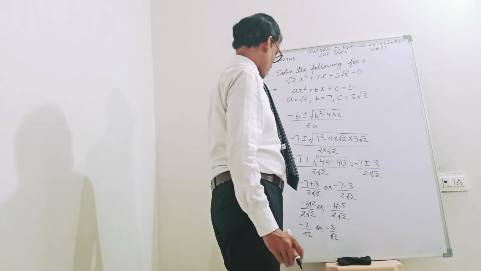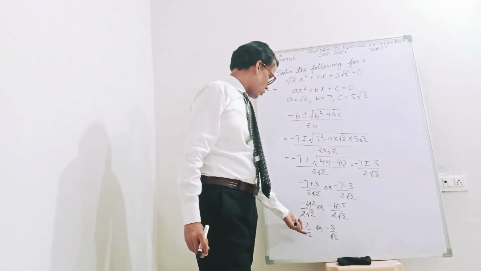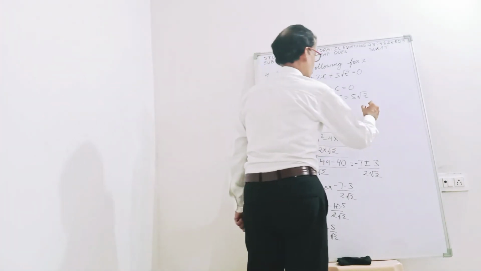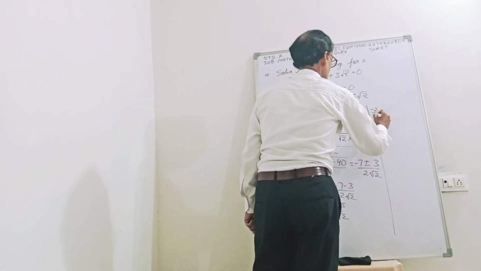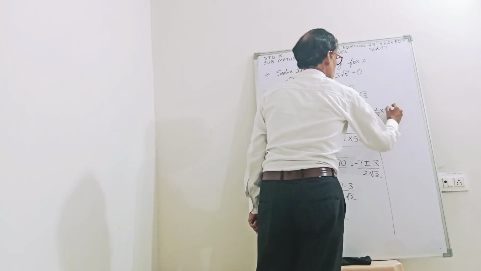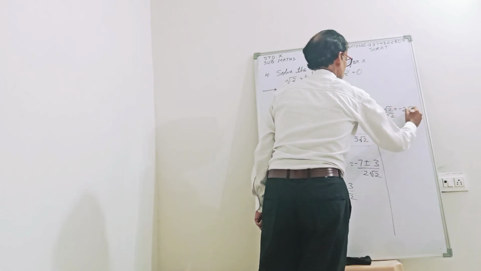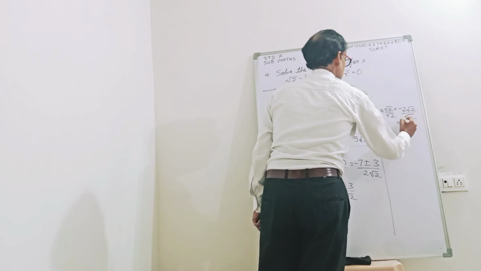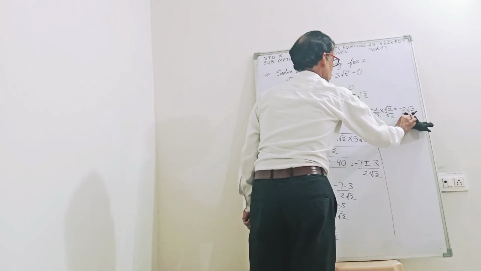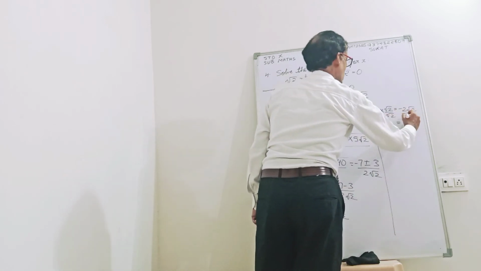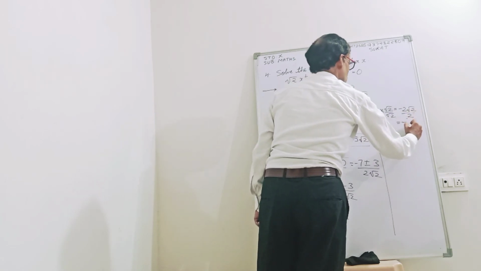So we are getting these two numbers, but the denominator cannot be an irrational number, so you have to convert this one into a rational number. So minus 2 root 2, multiply by root 2 and root 2. So this is minus 2 root 2 upon root 2, and it is equal to root 2 into root 2, it is 2. So 2 2s are cancelled, so we are getting minus root 2.